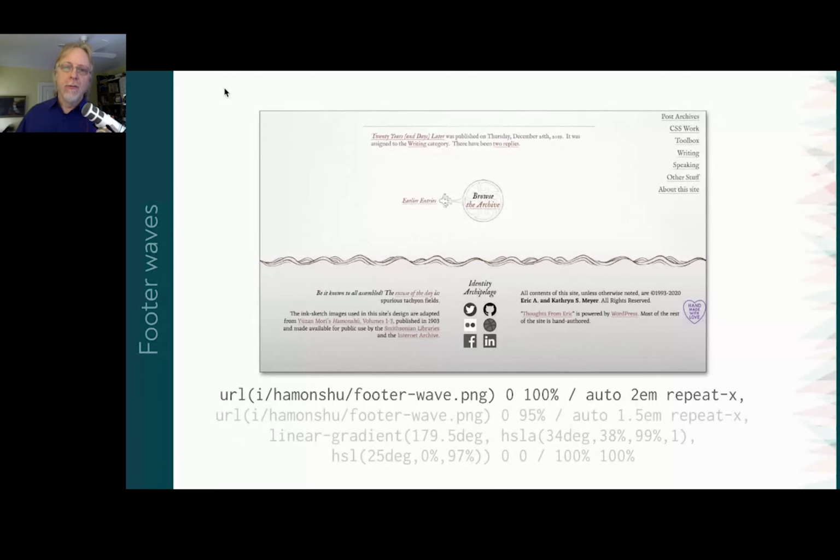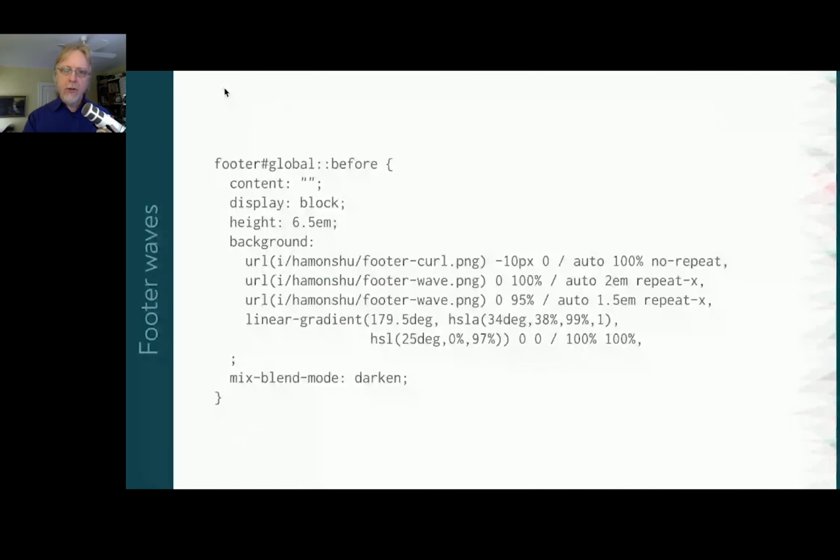It's not doing anything visually in the current design, but I had considered putting a sort of watermark on the body near the footer, and if it overlapped a little bit, I would want it maybe to show through. And then if I decided I didn't, I could always take away the mix-blend-mode darken, and then it would be cut off and sort of sticking above the wave. So if I wanted to put a Godzilla back there or something, I could always do that.